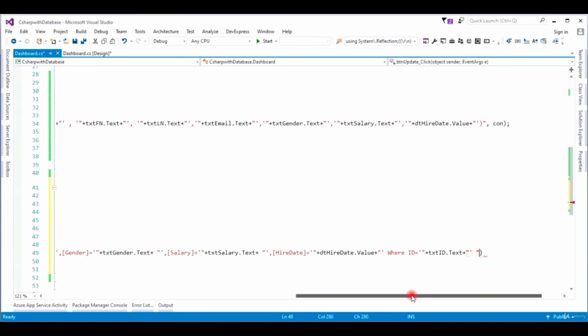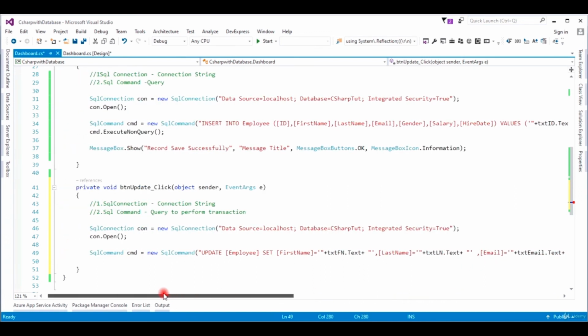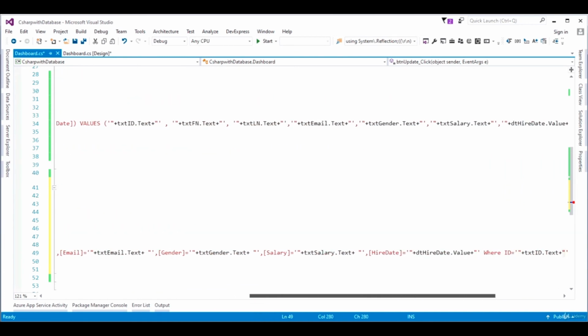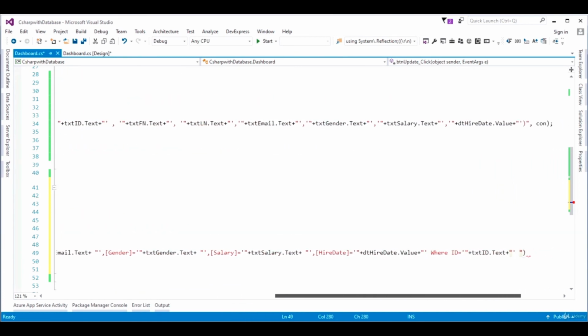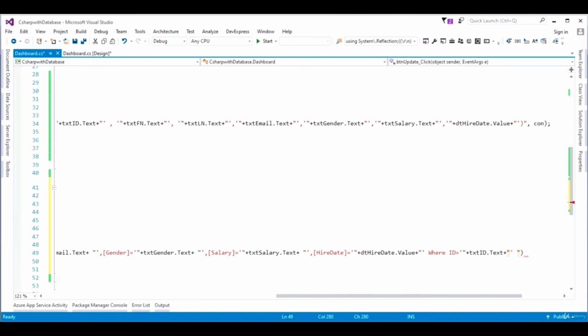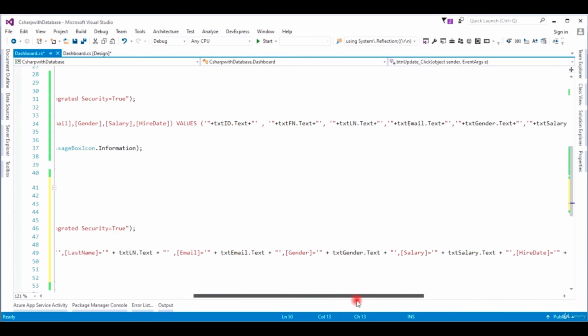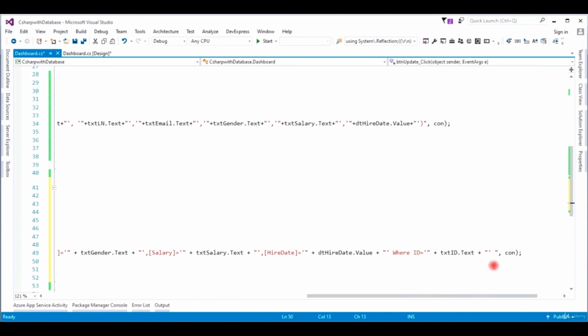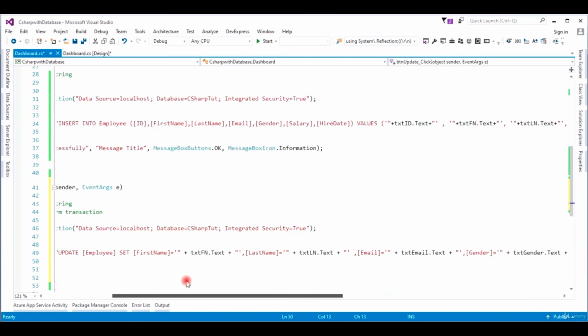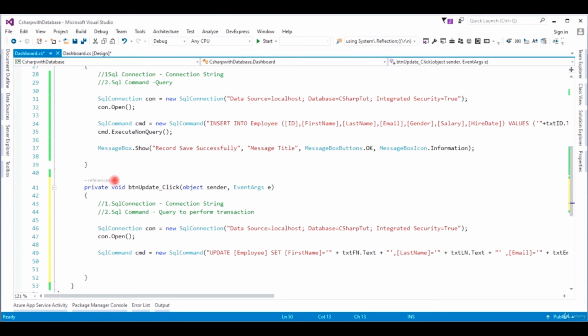Then every command moves with the connection. So after typing this query, comma, we bring our con here. After typing all these, you add comma con to it. All right, the next thing we're going to do now is we say cmd dot execute non-query,